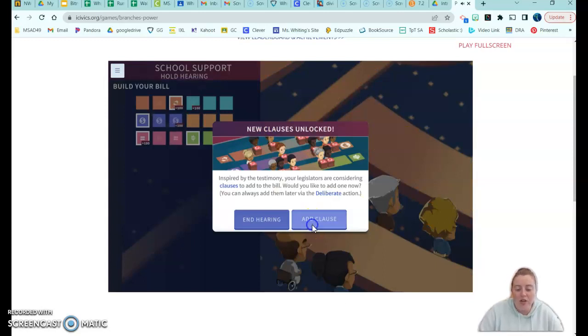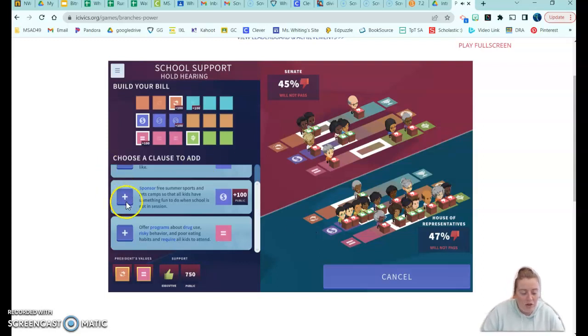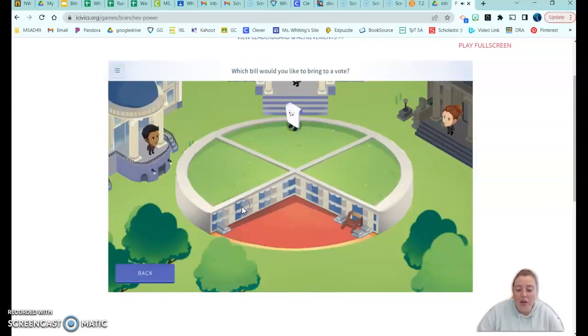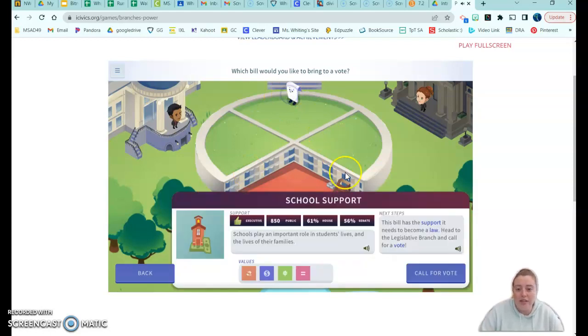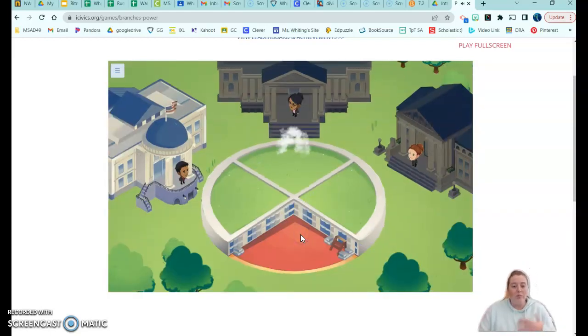And I'm going to add a clause this time. So, sponsor free summer sports and arts camps so that all kids have something fun to do when school is not in session. So if I click that one, that worked. It's going to make it so it passes in both spots. So I'm going to hit add clause. And now I can call for a vote. Again, I need to click here, call for a vote, and it passed, which makes it go back to the